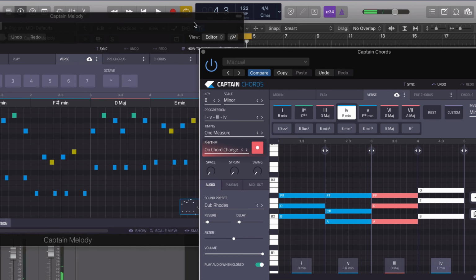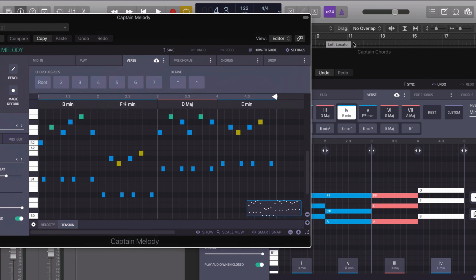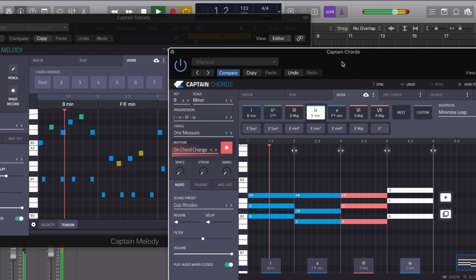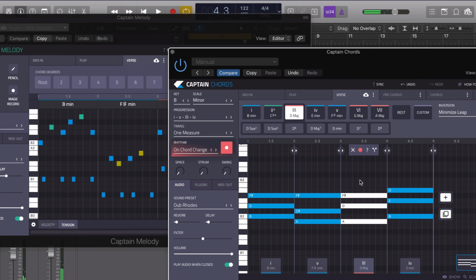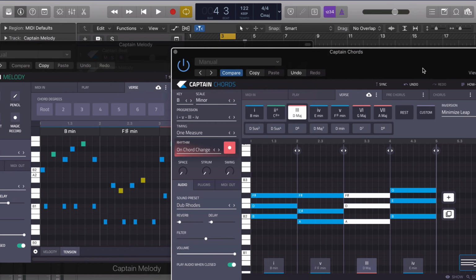I'm just going to try something different. In fact, let's listen back to the progression along with the melody and see how it sounds. Okay, so this chord here isn't quite right, so let's work on that one.